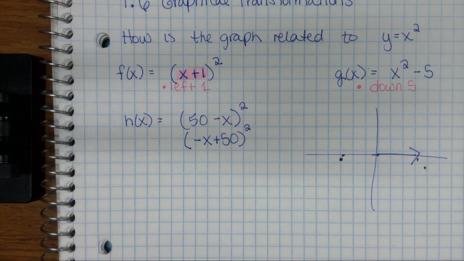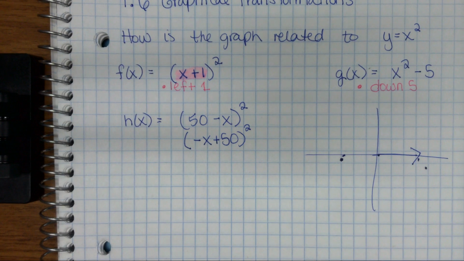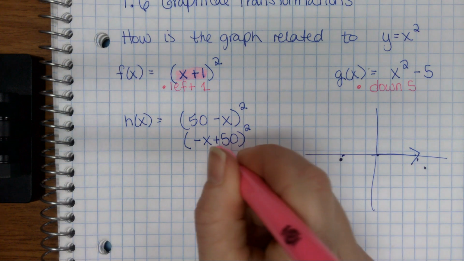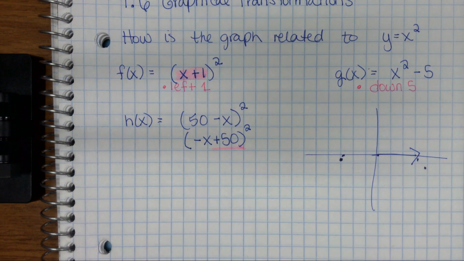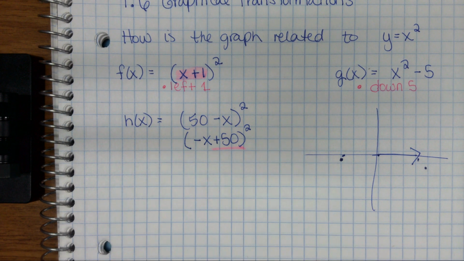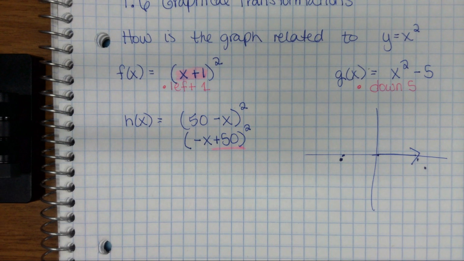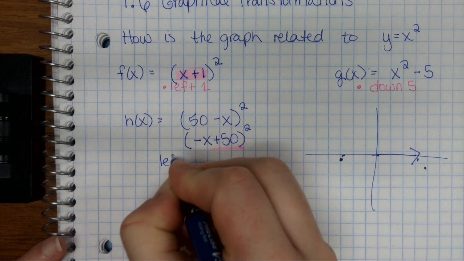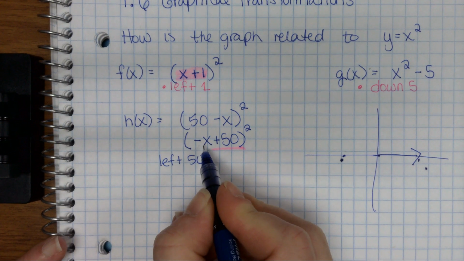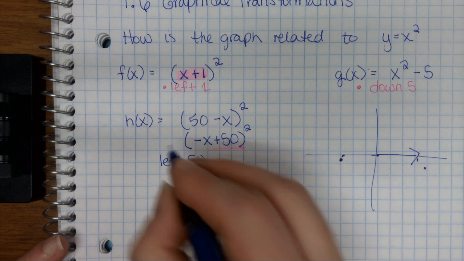Okay, and remember that x is a liar. So only when you're dealing with two things in the parentheses, you're going to want to start at the end first, because you have to get the order right too. So what would plus 50, I'm going to start at the back, give me? Left 50, and then I replace x with negative x. That means it's then reflected